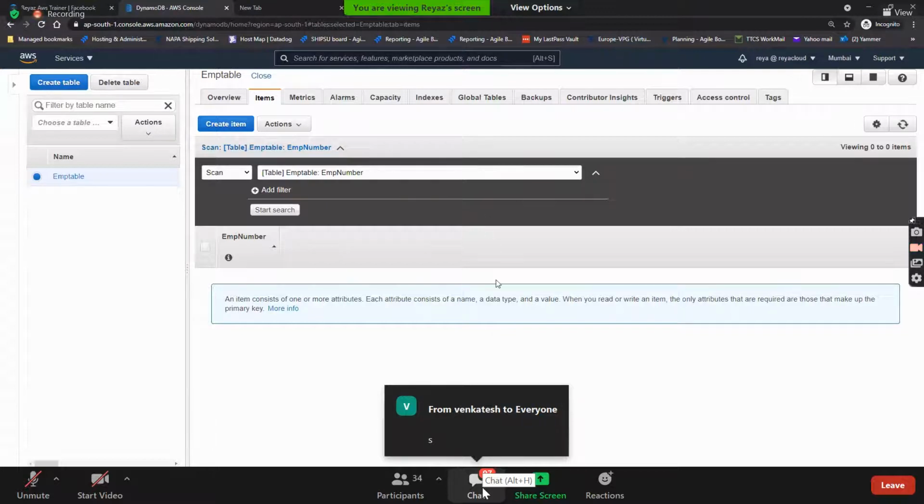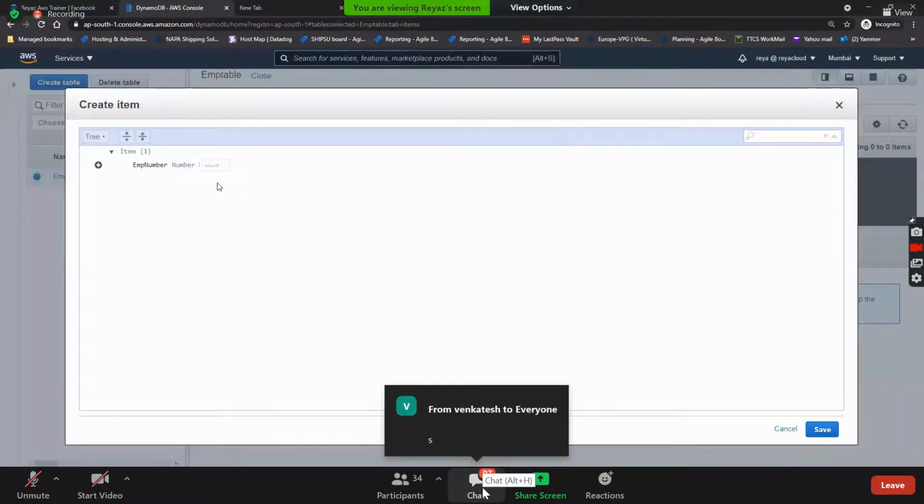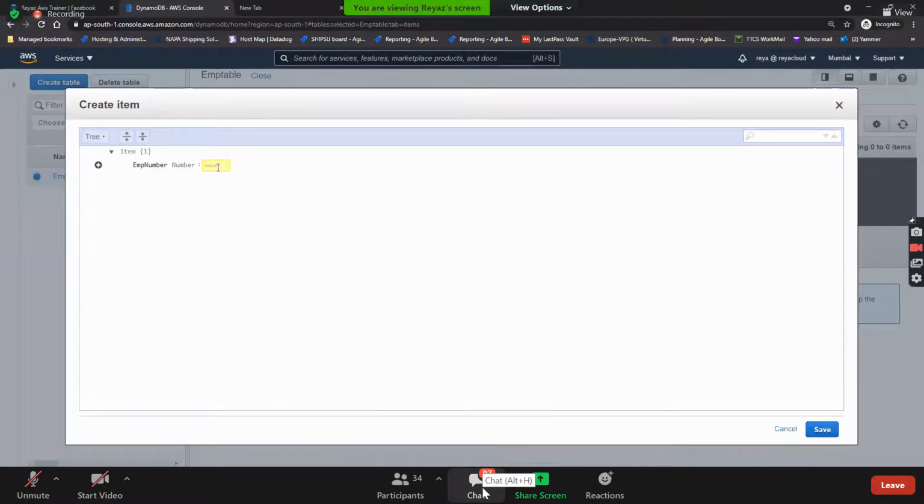Nice. So here, let's quickly create an item. Click on create item here. Guys, see here, employee number, I'll put as 1000. See, on the fly, this is NoSQL, right? I can add a column on the fly. Employee number, then I call it EMP name. EMP name is Venkatesh.